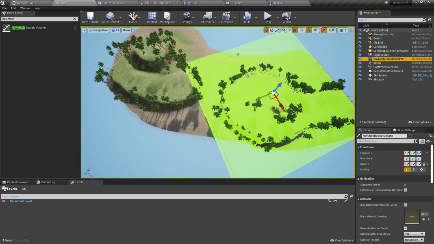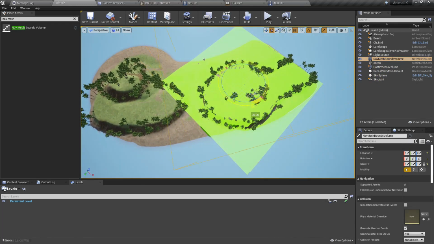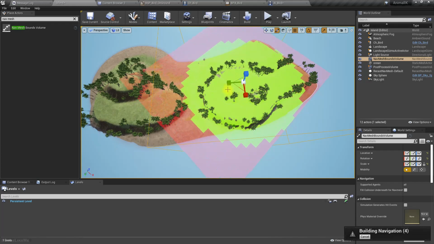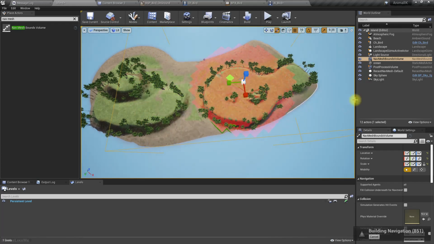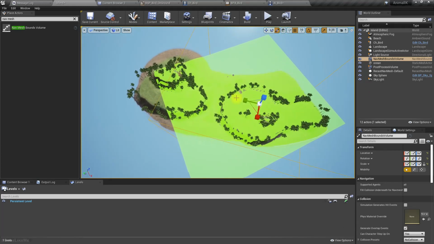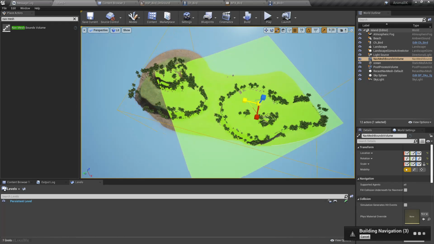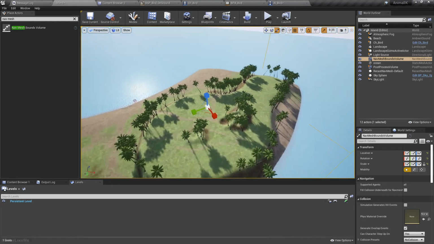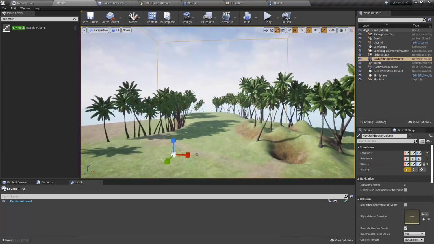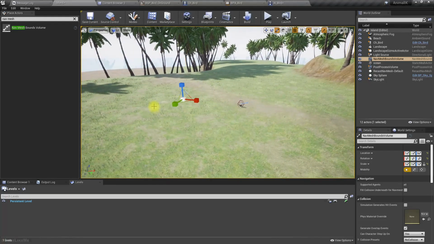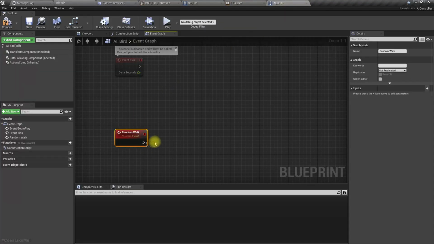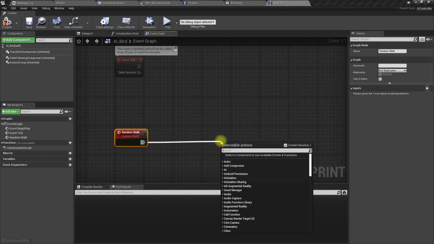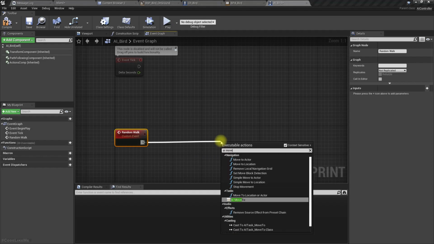Okay, now I'll remove the visibility of the nav mesh. Okay, now here let's do something like this: AI Move To.